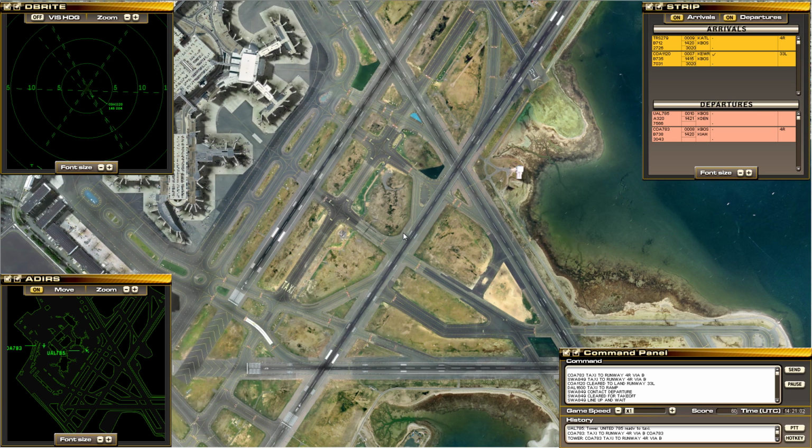United 785 ready to taxi. United 785, taxi to runway 4 right via Bravo. What the hell? United 785, taxi to runway 4 left via Bravo. Taxi to runway 4 left via Bravo United Did I just say 785. 4 left? That's cool, yeah,